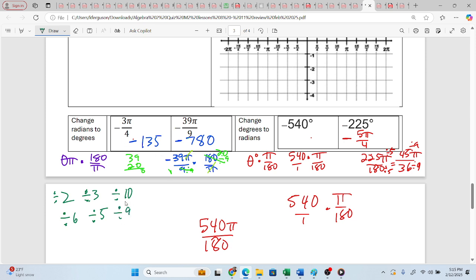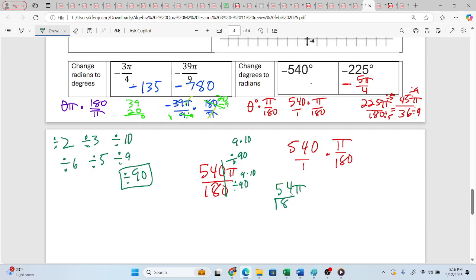So what I'm going to do is I'm going to kind of cheat. And I'm going to say if it can be divided by 10 and 9, let's try dividing it by 90 and see if it'll work. So let's go 90 and let's go 90. So what would that mean? Because 90 is just 9 times 10, right? So if that's too difficult to see, let's divide it by 10 first. 10 just cancels off the zeros. So now I got 54 pi